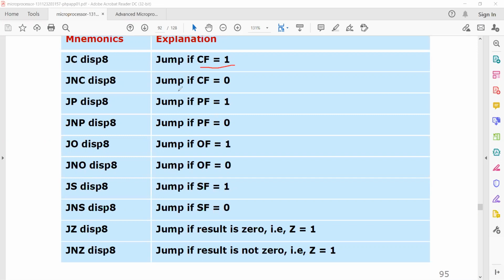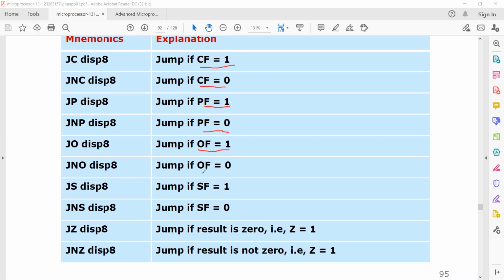That means if the carry flag value is equal to 0, then we have to jump to a particular location. Similarly, JP, jump on parity. That means if the parity flag is equal to 1, then you have to jump. If the parity flag is equal to 0, then you can jump with jump on no parity.